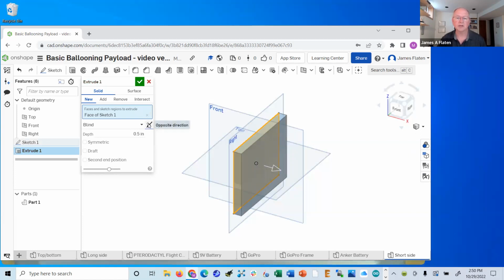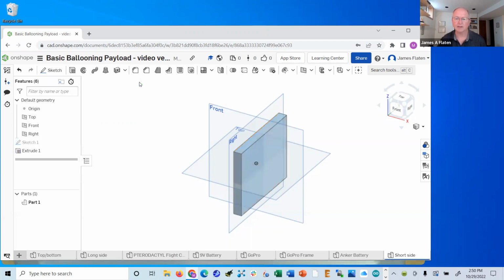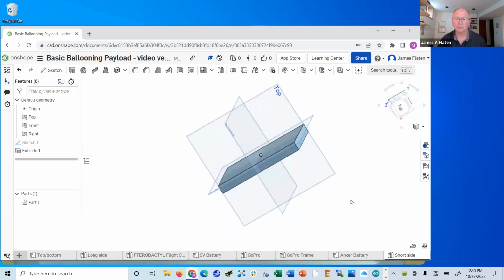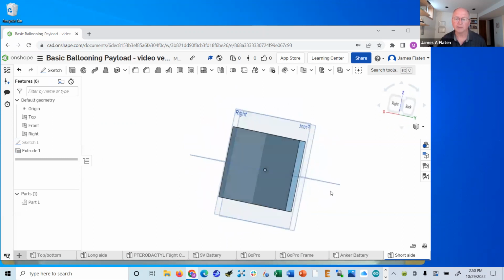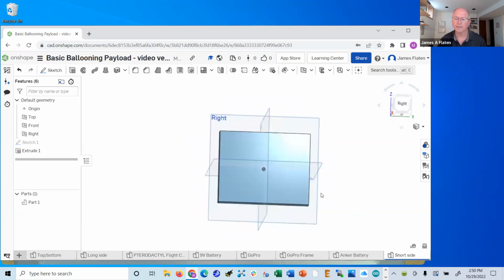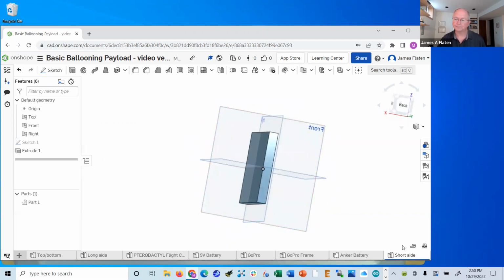I could have extruded it by clicking on this in the opposite direction or the forward direction. For this particular application, it doesn't matter. There it is. I will accept that. So now I have my short side, and if I hold the right mouse button down, I can look around and see the back side and the front side, etc. Okay, I'm going to take the short side tab, drag it over here right next to the long side tab,